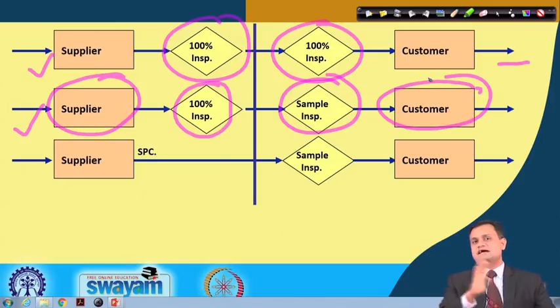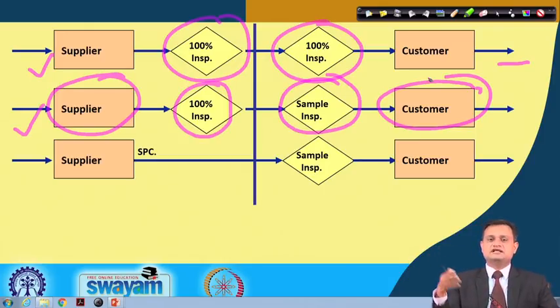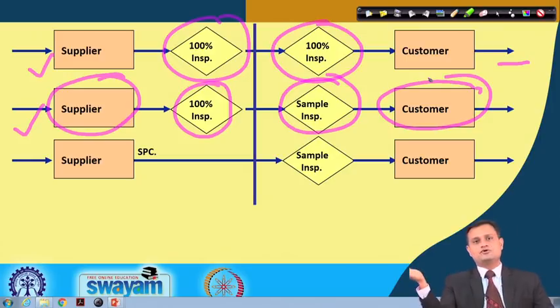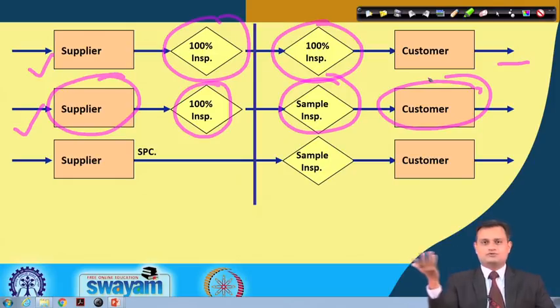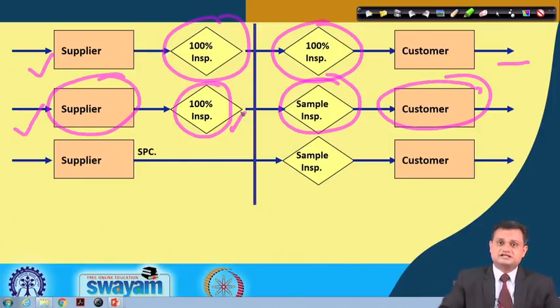Sampling inspection means I am not doing 100% inspection. I will just take a sample. You all know what it means, sample, a word we have used extensively in control charts. Even if you go to purchase wheat or rice, do you check the entire lot? Not possible. You will just take a small sample and try to check it. The same applies here: my supplier has done the 100% inspection, I may go with sampling inspection, accept or reject it, and then it will go to the customer.